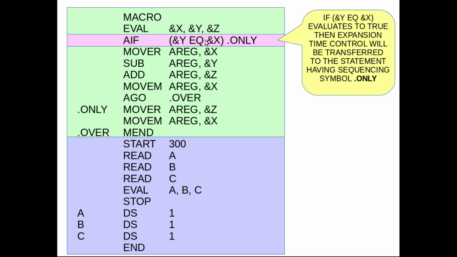So if y is equal to x, then control will be transferred to this statement. We'll jump from here to here, skipping all these 5 lines and going directly from AIF to this line. So that's the meaning of this AIF statement.